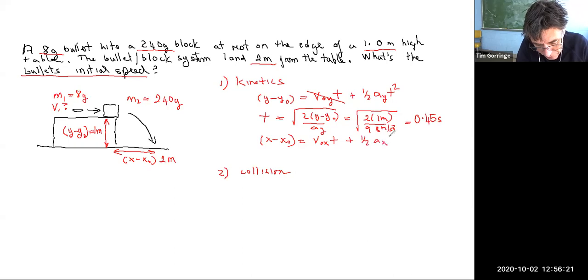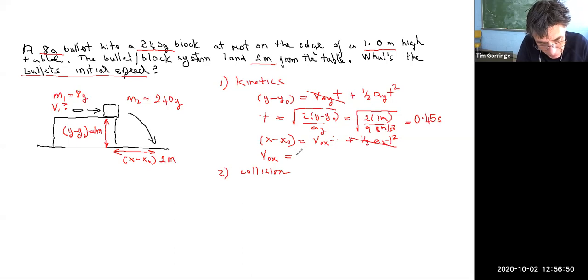So it's the same basic equation, but with horizontal quantities. But this time, there is initial velocity. It's that velocity we want to figure out. But there's no acceleration horizontally, so the second piece on the right-hand side vanishes. And so if we want to find that initial velocity of the bullet plus the block, we just need to